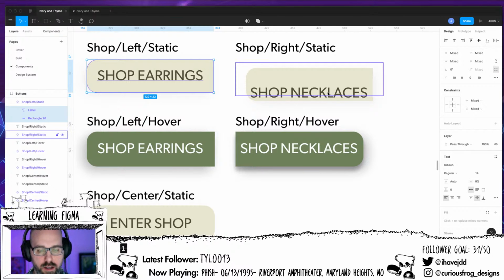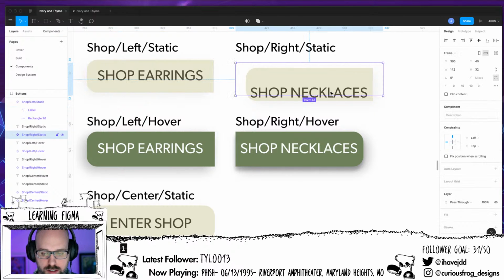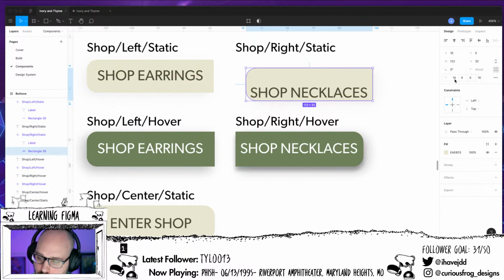Yeah. And I was on to this one here, which I need to make changes to the corners on. 10, 10, 0. There we go. And this needs to be